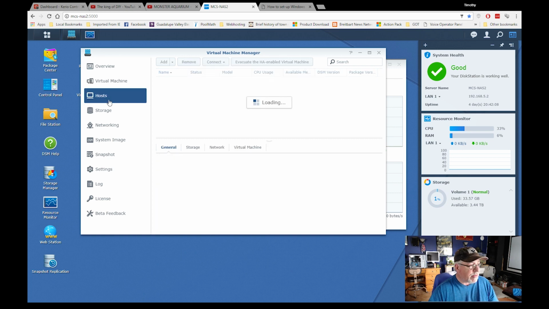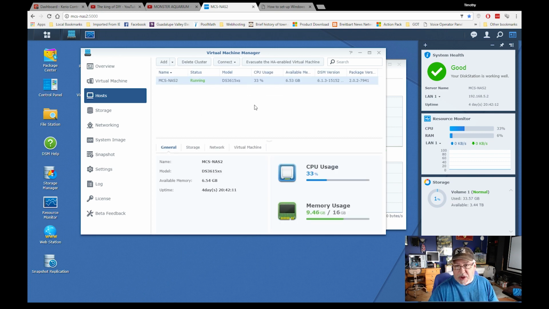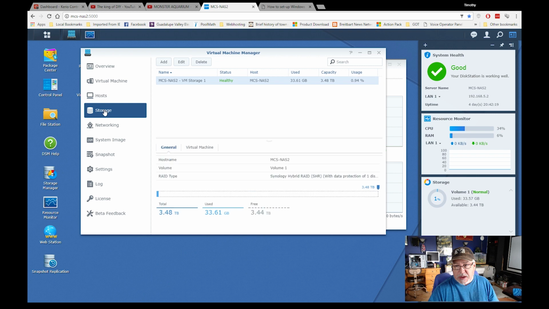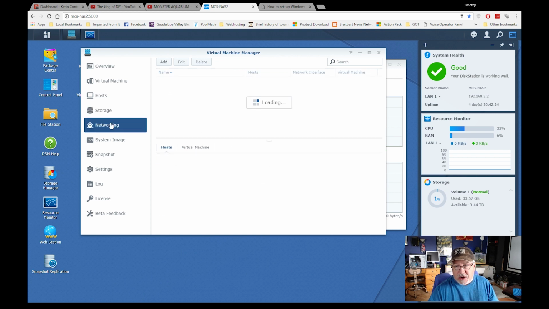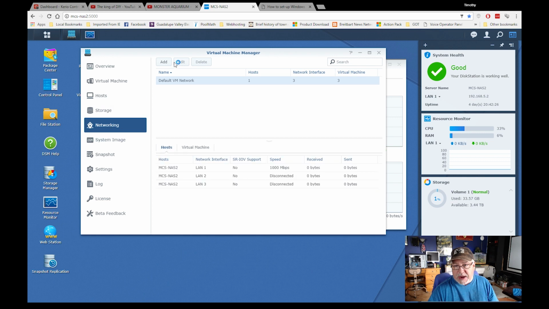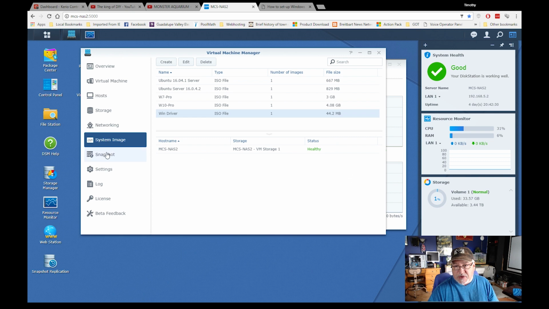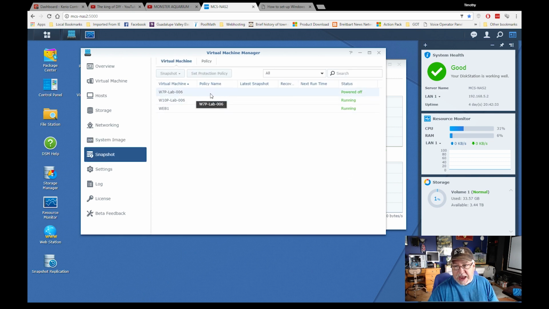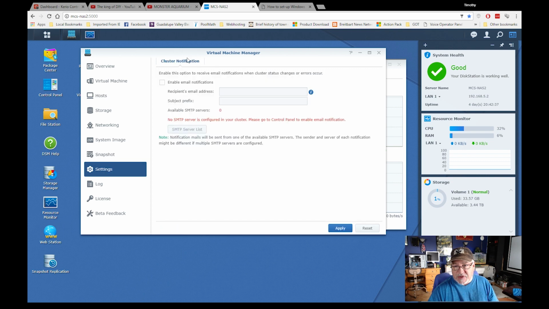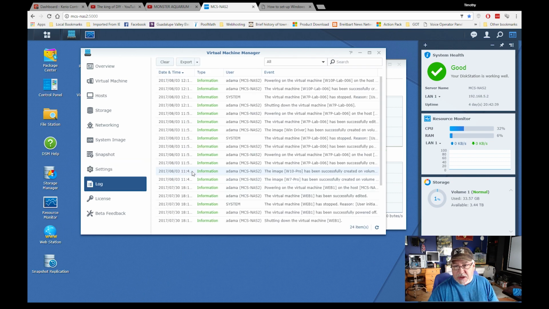If that were a high availability cluster, let's see our hosts here. So if I were to load the Virtual Machine Manager onto MCS NAS 1 or MCS NAS, it would appear here as well. Our storage, it tells us how it's doing, how much space is used. Our networking looks good, and keep in mind I've got 2 more network cards in there that I haven't set up yet. So our system images, we can now do snapshots if we needed to of our virtual machines. We've got some settings here, not a whole bunch. Here's our log file,